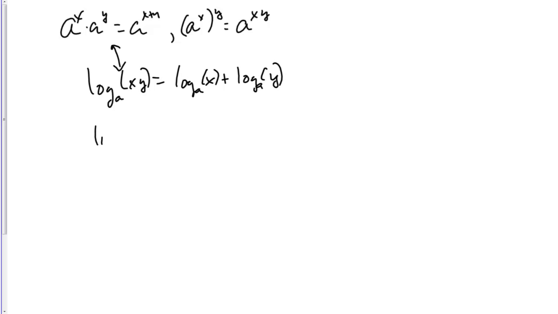And what about log base a of x to the y? That turns out to be y copies of log base a of x. You could derive it certainly with the rules of exponents,